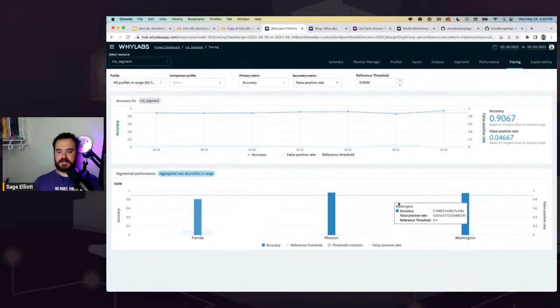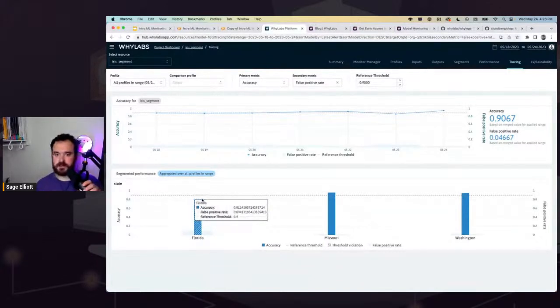And again, this is just 3 features. We can have a ton of different features, and this is a really good way of finding, like a needle in a haystack. It's hard to inspect your data sometimes and see how it's performing in different segments, and this really allows you to quickly visualize it and set up monitors on this as well if you wanted.